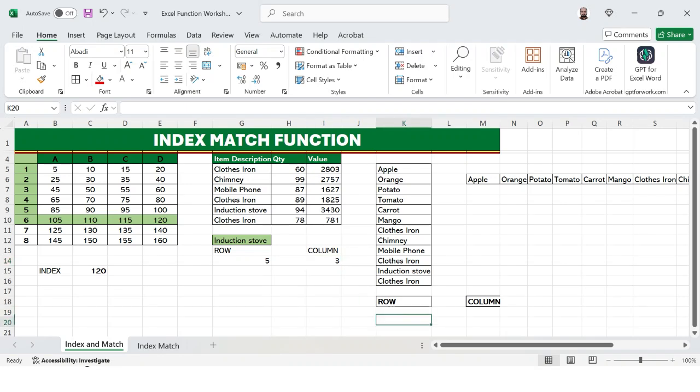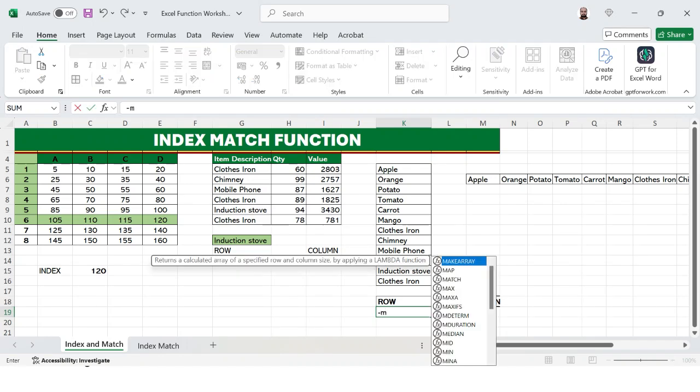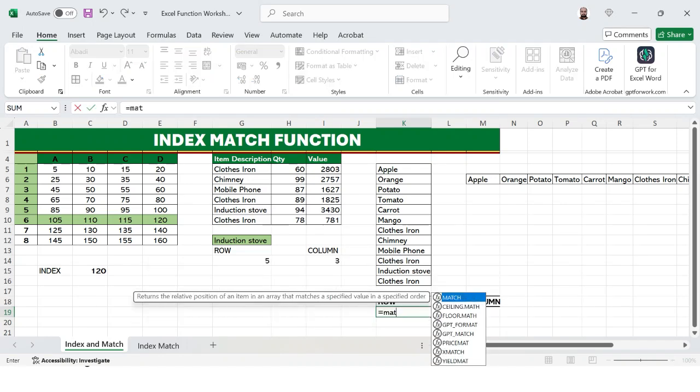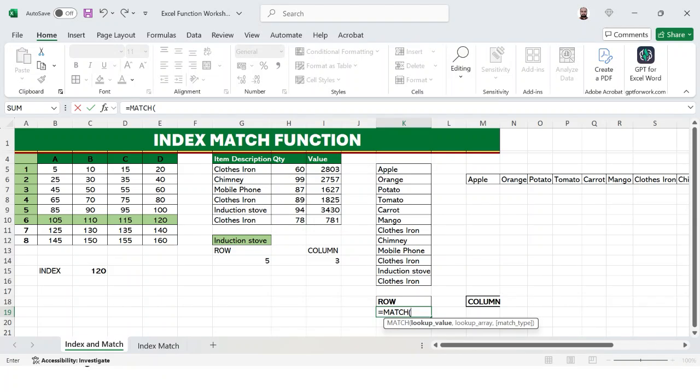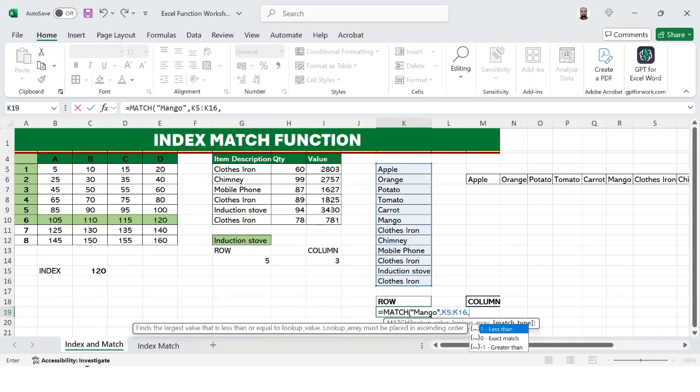You can see one more time here. MATCH, lookup value again, this time you can choose anything, mango, double quotation close, and the lookup array this time is the entire one row of multiple columns, and the match type is 0.